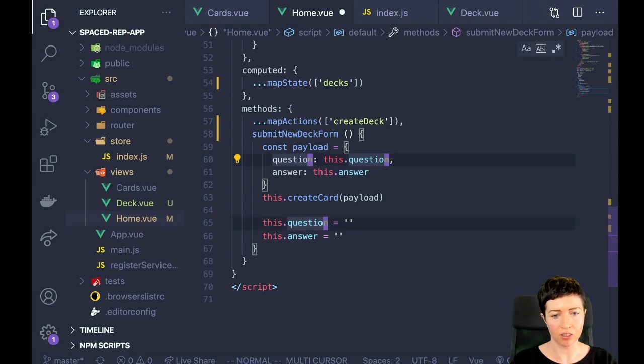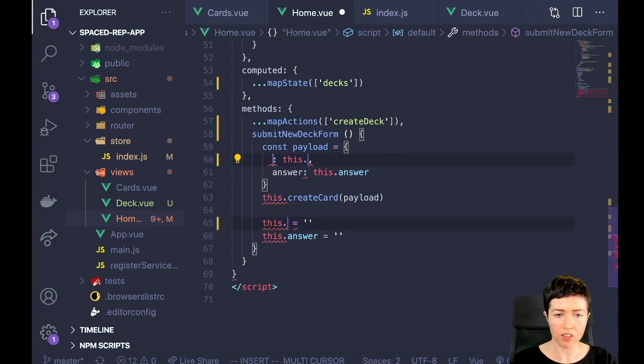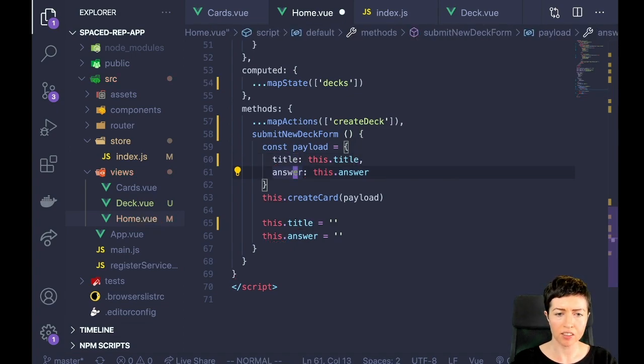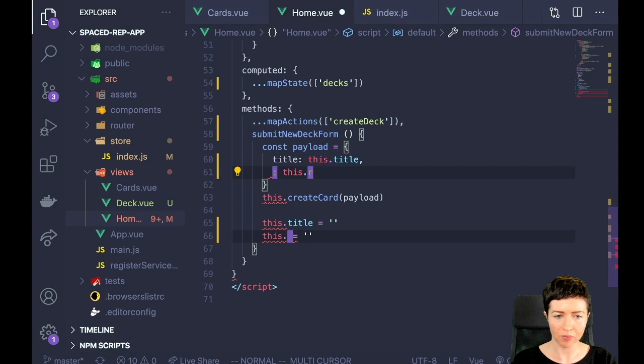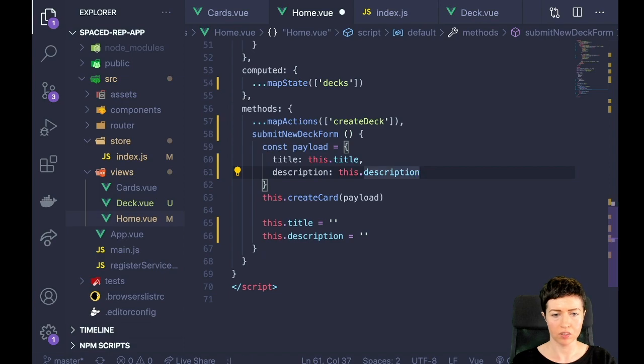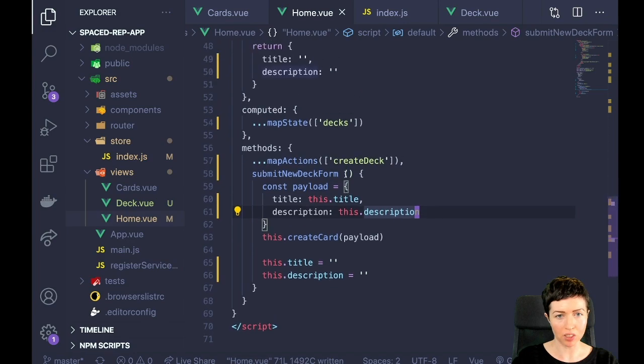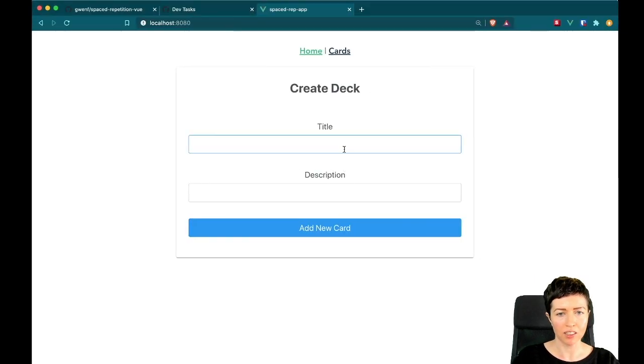Okay, and now, so this will be title, and this one will be, oh no, I just messed it up. Okay, and this one will be description. Okay, so I have title and description. That should be mapping. So now if I create a new deck, let's say